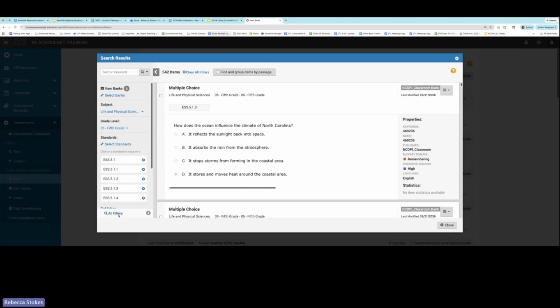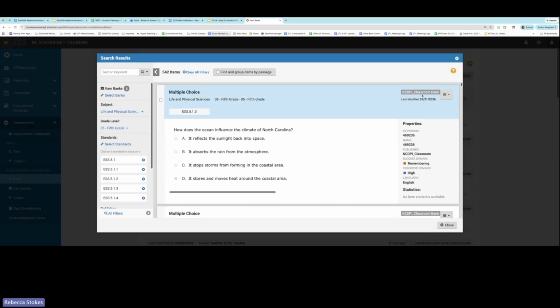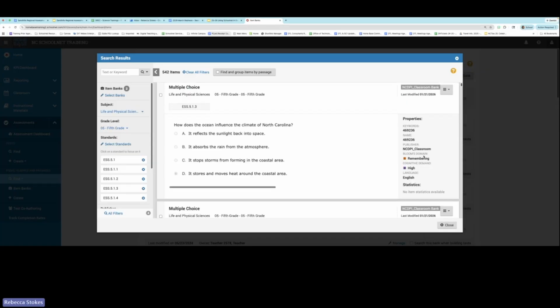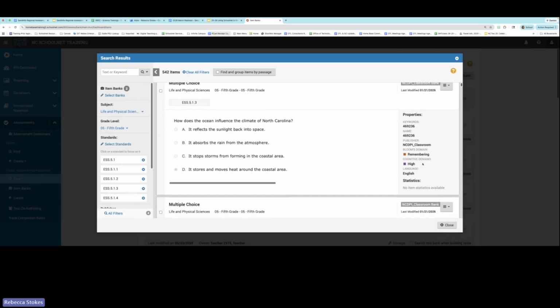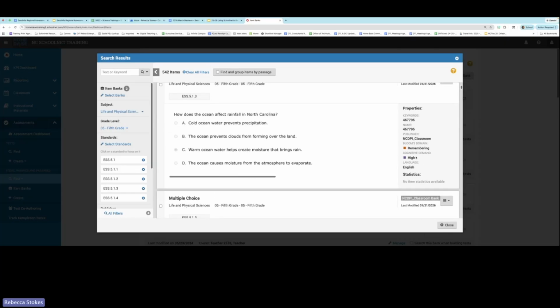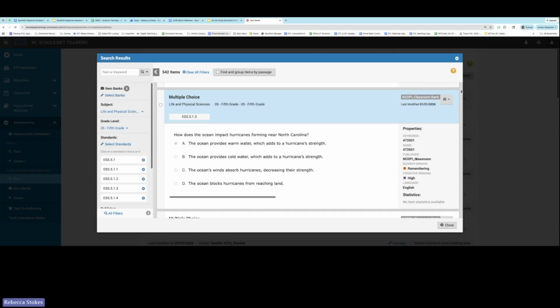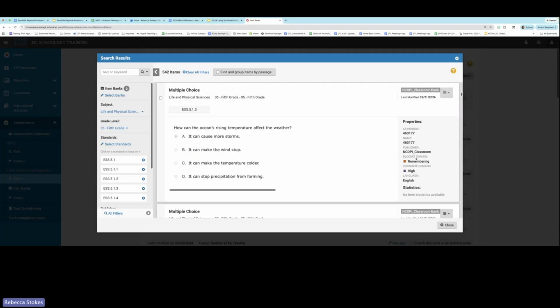All right, so one other thing we wanted to point out from here: once you've chosen all of your filters, when you have your list of items on the right-hand side, it's going to tell you what bank that question came from, but it's also going to point out whatever the question is tagged with. So the NCDPI classroom items are going to have the Bloom's domain and the cognitive demand. Okay, whereas key data systems is going to have the DOK level and I believe also the cognitive demand. So before you select an item, you're able to see on the right-hand side those different properties so that if you are wanting to choose questions that vary in those types of levels, then you can see it on the